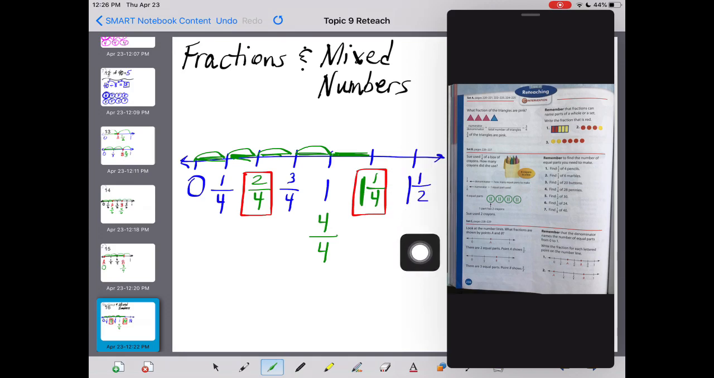Now don't let this fool you. 1/2. The denominator is different. What? Well, think about it. We could change this to 4 because if it just went 1 more part, it would be 1 and 2 fourths. 2 fourths is equivalent to 1/2